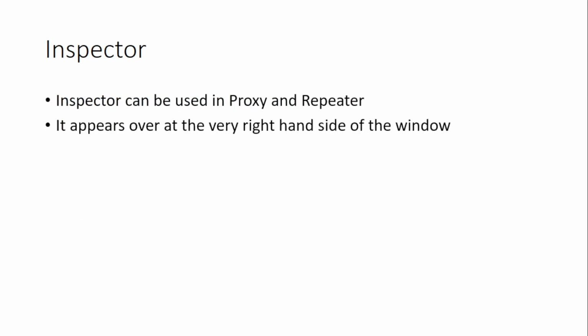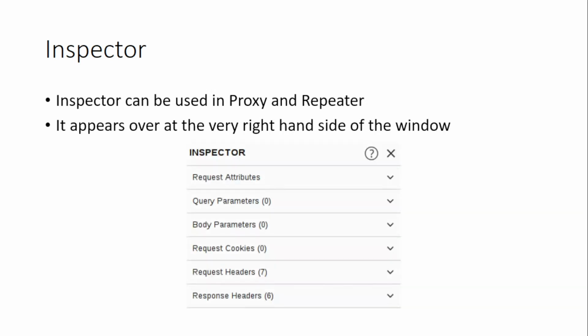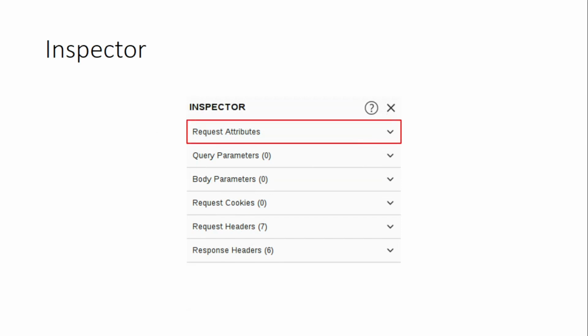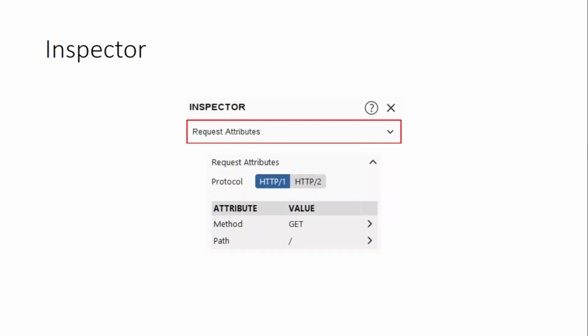So Inspector can be used in Proxy and Repeater. It appears over at the very right hand side of the window, and it looks like this. It gives us a list of the components in the requests and responses. If we go over each one, the request sections can nearly always be altered, allowing us to add, edit, and delete items. For example, in the request attributes section, we can edit the parts that deal with location, method, and protocol,